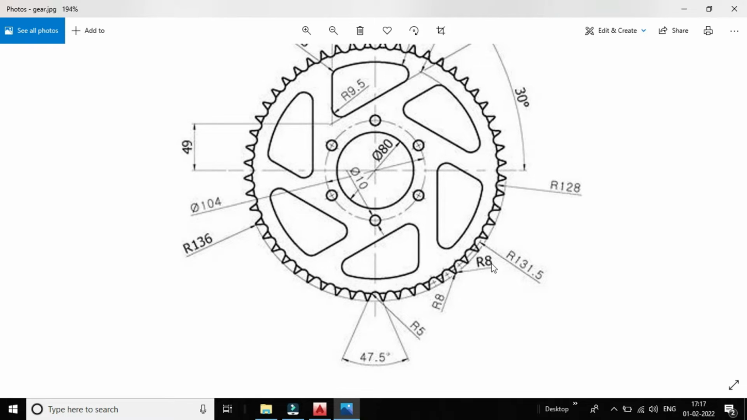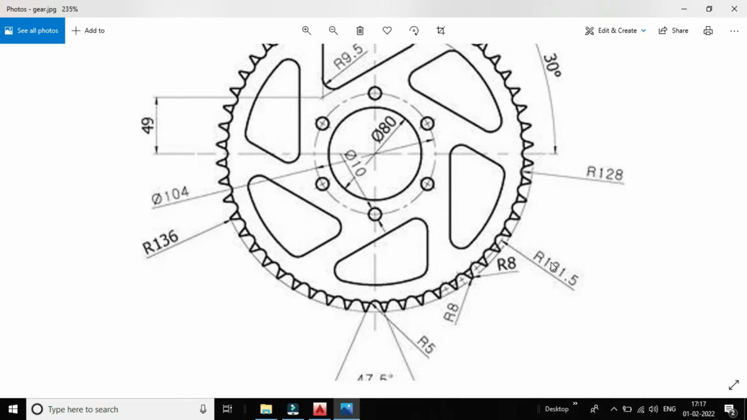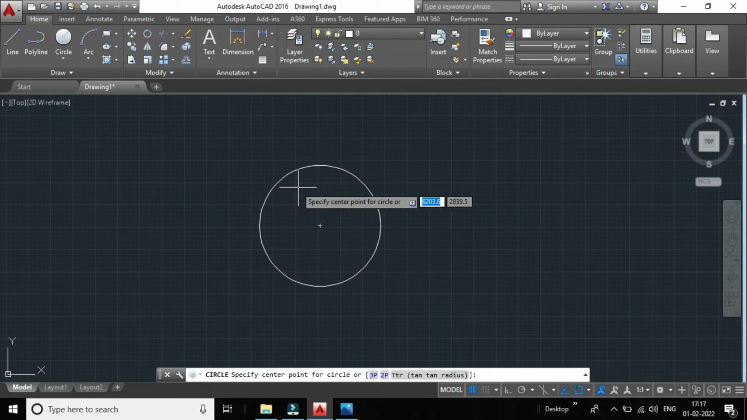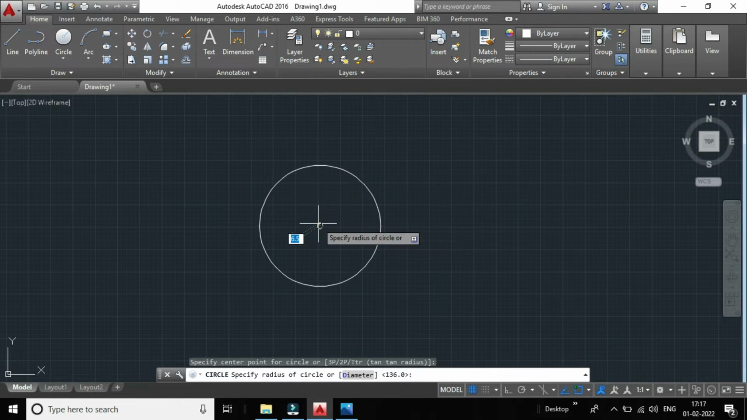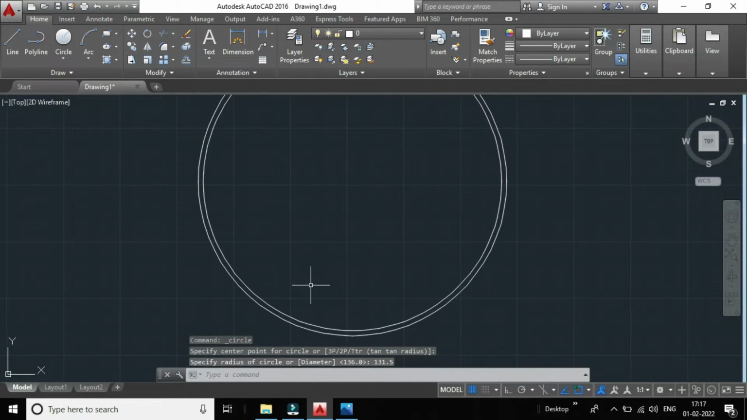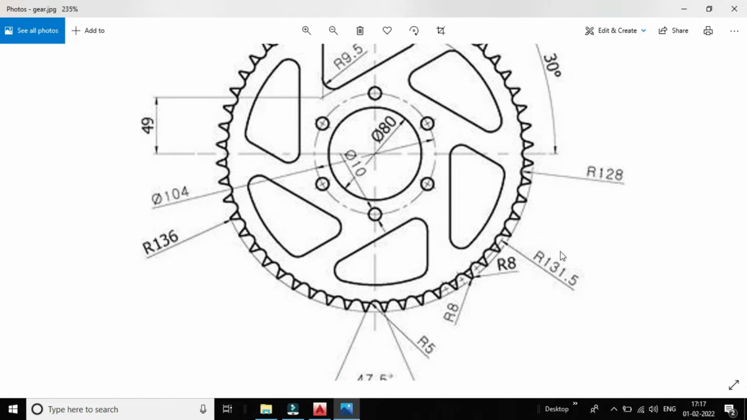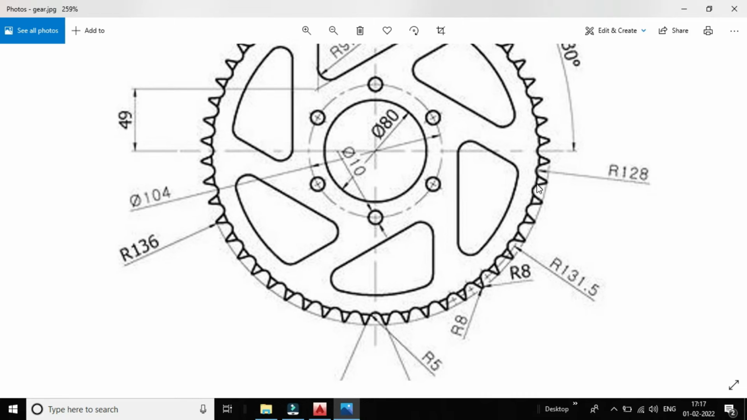From here to here, what will be the distance? We have to take a certain distance. From here to here we have to join that one. And next we have to give the teeth. So I think from here you can give, up to this inner circle. So go on here and go to